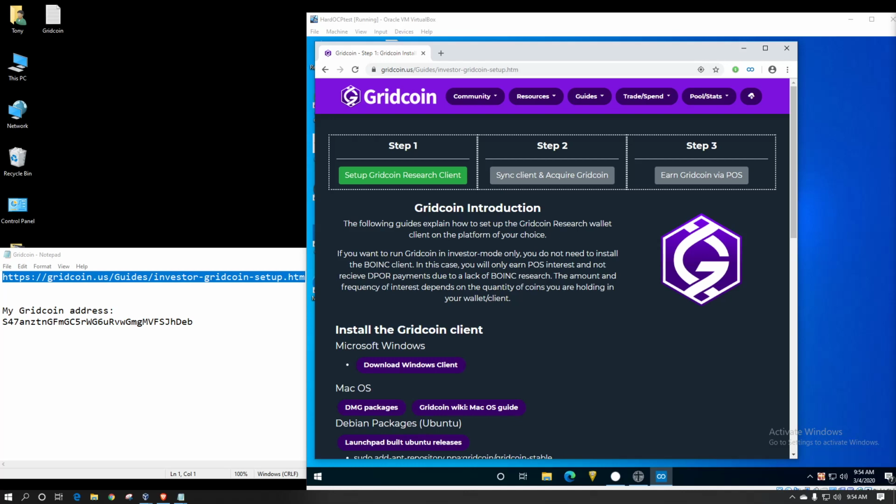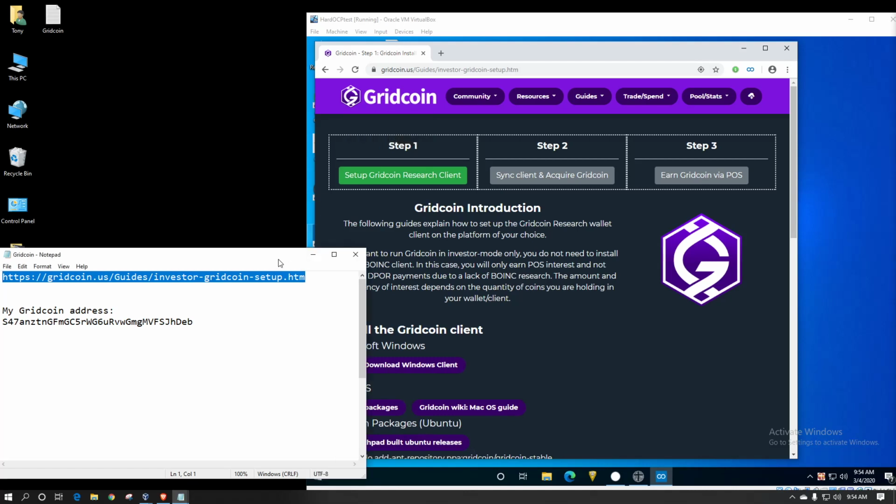I'm your host Tony Coleman, and today I want to show you how to set up a Gridcoin wallet. First thing you'll want to do is head over to the Gridcoin website. You can find that at